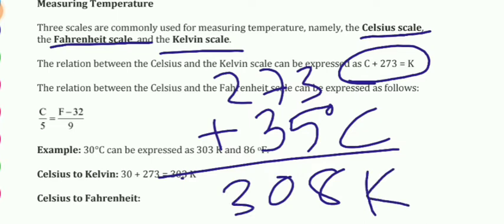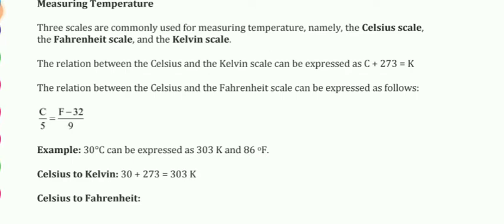And dear students, remember one thing. In case of centigrade, we write it as degree centigrade, but not in Kelvin. Kelvin is only Kelvin. Also in Fahrenheit we write degree Fahrenheit. In centigrade it is degree centigrade, but Kelvin is only Kelvin. No degree is used. Clear?